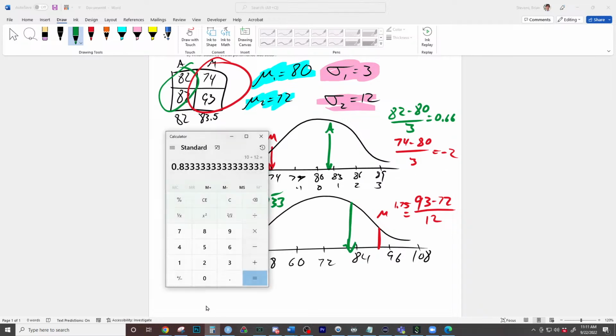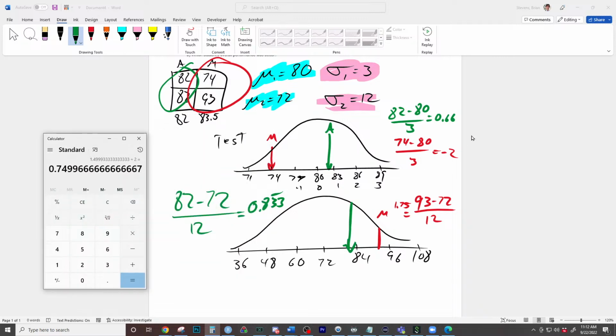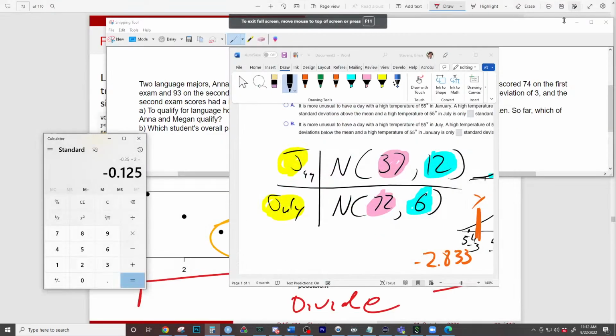If you average those together for Anna, her average z-score was this. That's the average of Anna's z-scores, where Megan's going to have a -2 right there. And so you add that to her other z-score, and she still has an average that's negative. So Megan would average out a little below average, and Anna would be a little bit above average, even though Megan did better on one exam. So overall, Megan did a little bit below average, so Anna would do better.